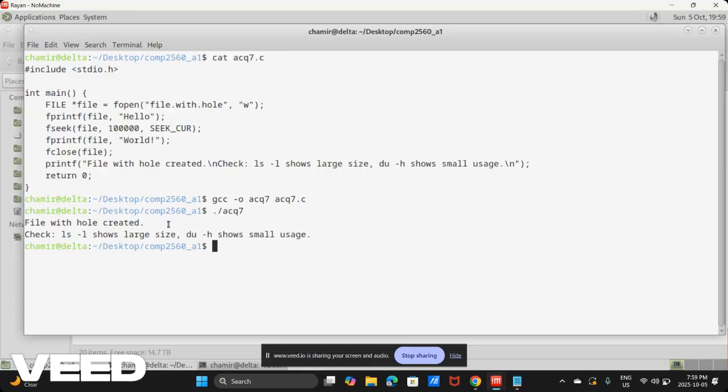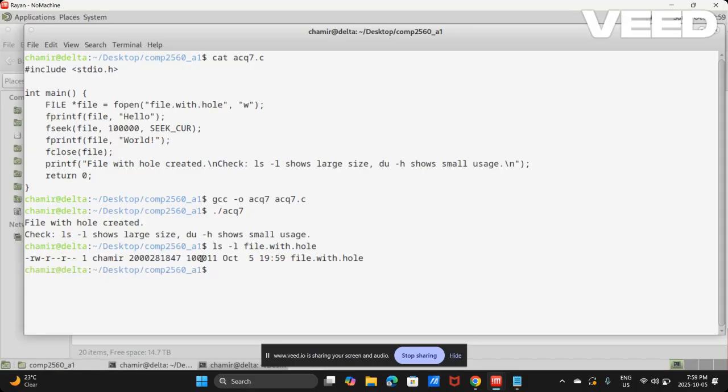Okay, so the file with a hole is created. It says I can check with ls -l, which would show the large size, and du -h, which would show the small usage. So let's do both and we will see the results. Starting with ls -l. We see that ls -l shows the logical file size, which is over 100,000 bytes. And then when I use du -h,